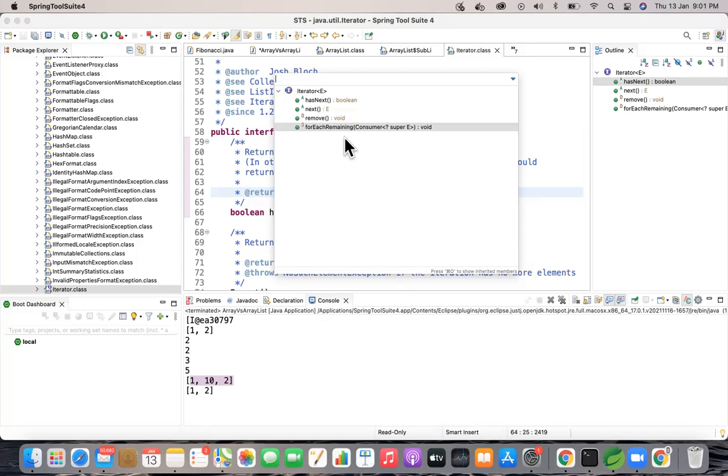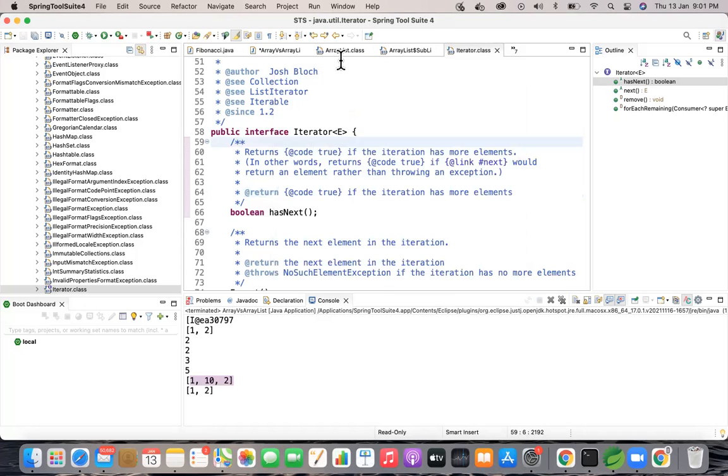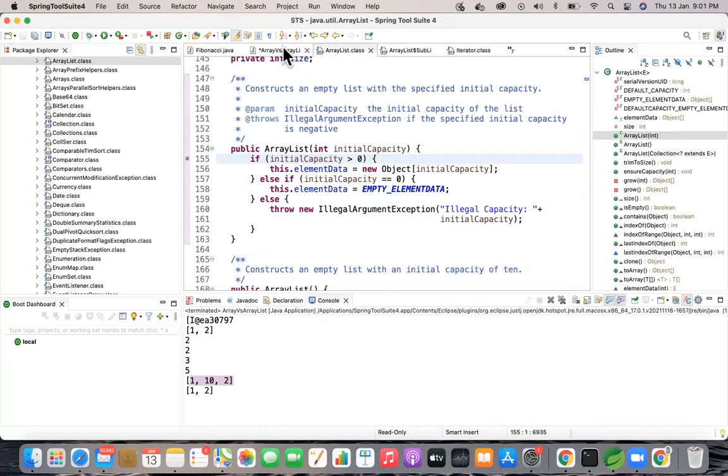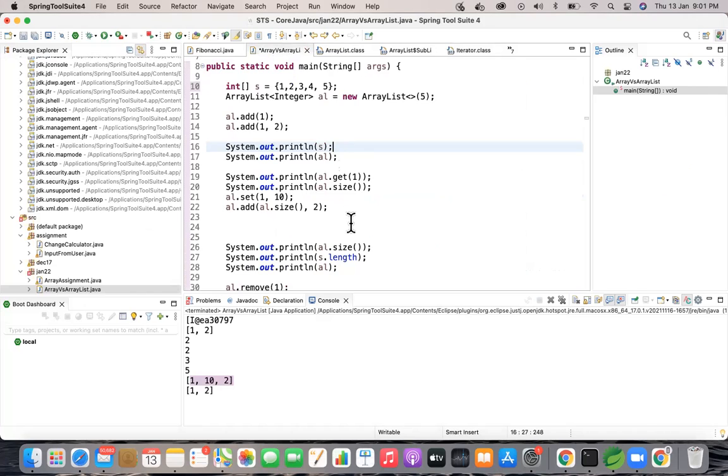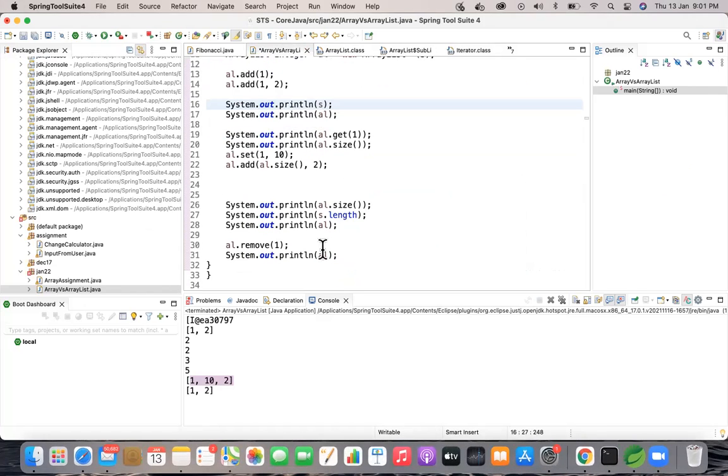Now can you go to your class? Yeah. So now create an iterator. So Iterator is an interface, right? So you can give Iterator interface, which accepts an element type. So your element type is Integer.